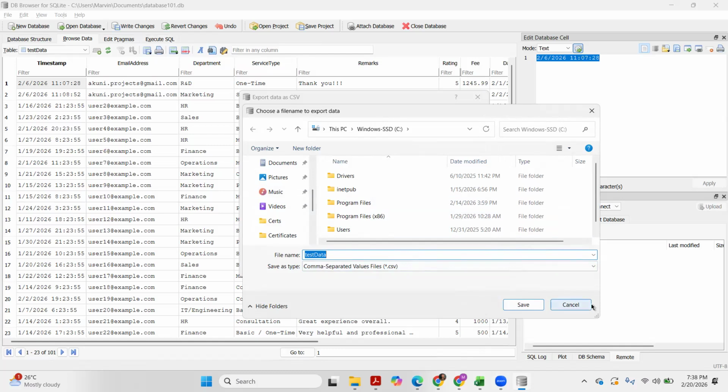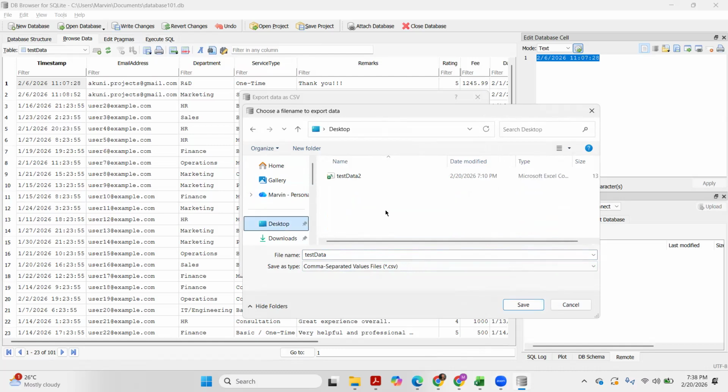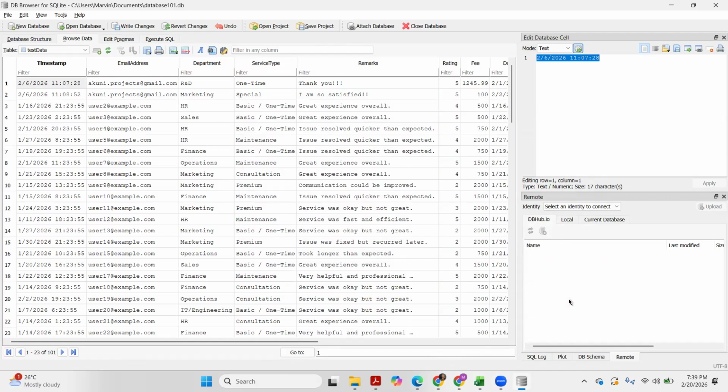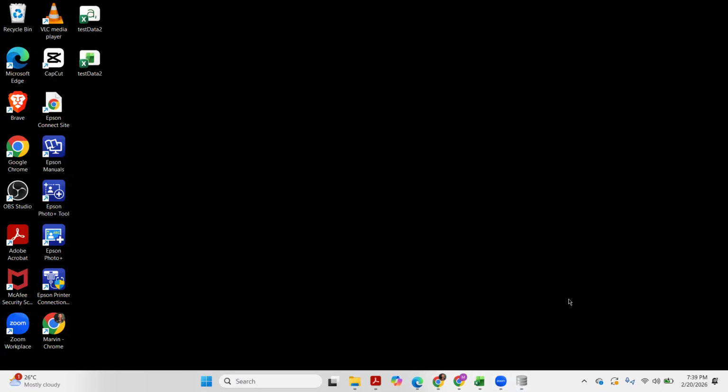Last time I exported mine, the one that I demoed in session 2. This is the generated or exported CSV file. I'm not going to export again, as this could duplicate the file.